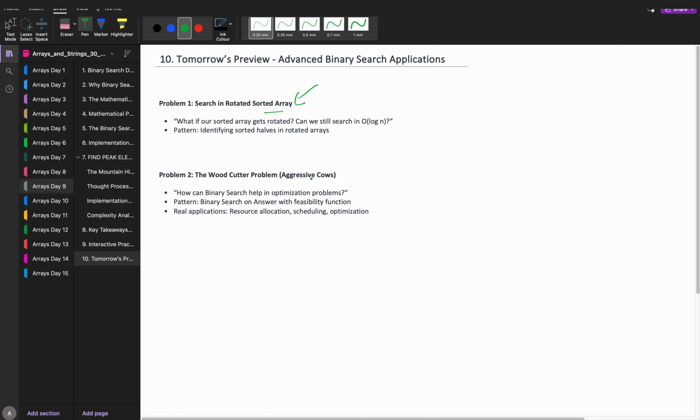And next would be the woodcutter problem. This one comes under abstract binary search. Abstract is a keyword here. You won't understand directly that binary search applies. But once you dig deeper, you will find that yes, I am able to apply binary search. These are two of the most interesting questions in terms of patterns also, around which most of the questions are asked in interviews. So probably this will be very helpful for your placement preparation journey as well.